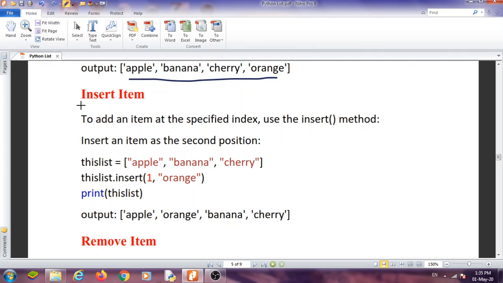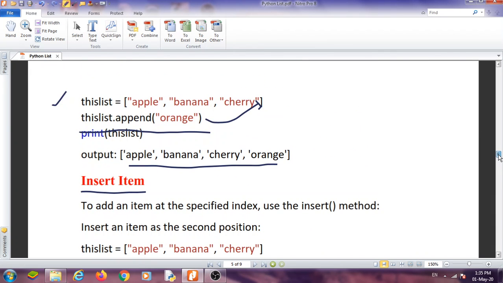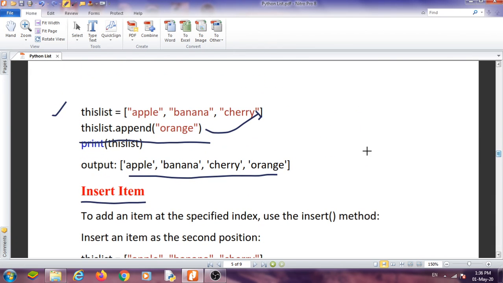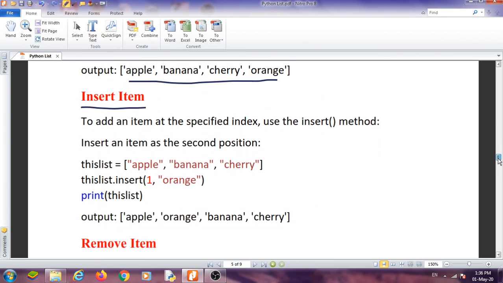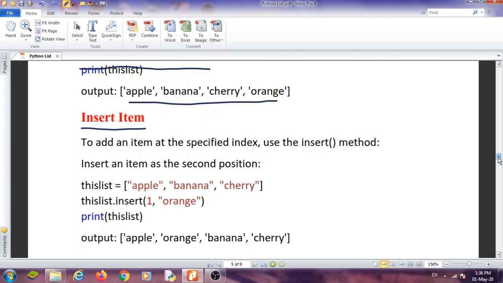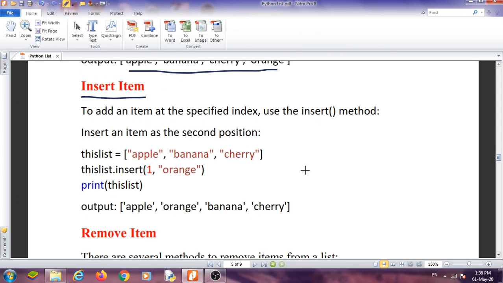Now, insert the element. This was append. Append will add the element at the end of the list, whereas insert will add the element where you want to insert it. For example, 3 elements are given in the list and now I want to insert, and the function is the insert function.